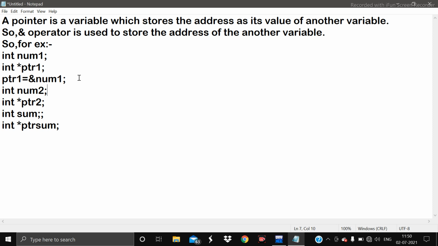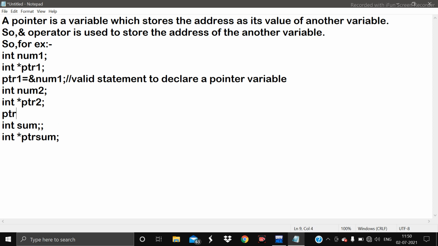This is a valid statement to declare a pointer variable. Similarly, we can do it here too: ptr2 is equal to &num2, and ptr sum is equal to &sum.